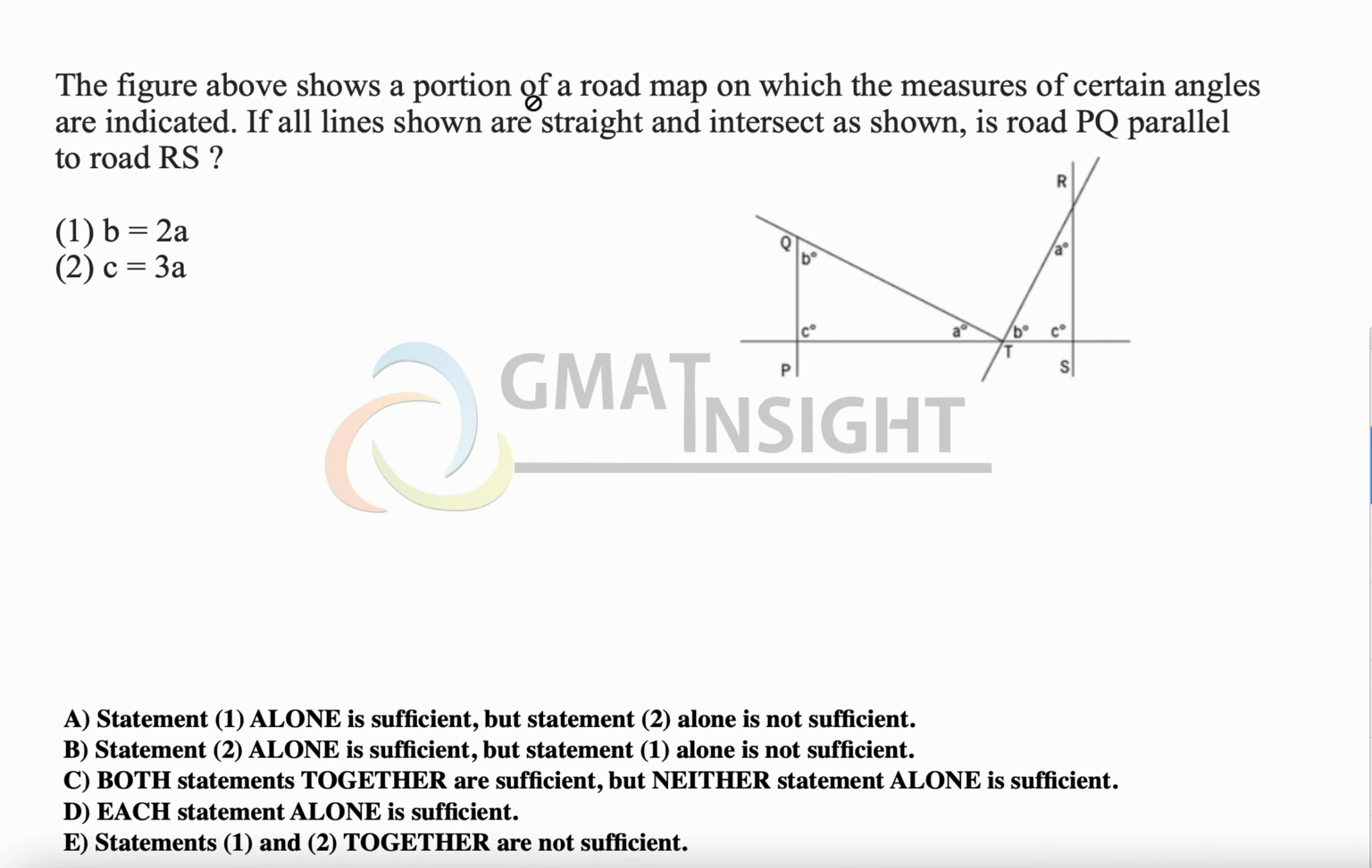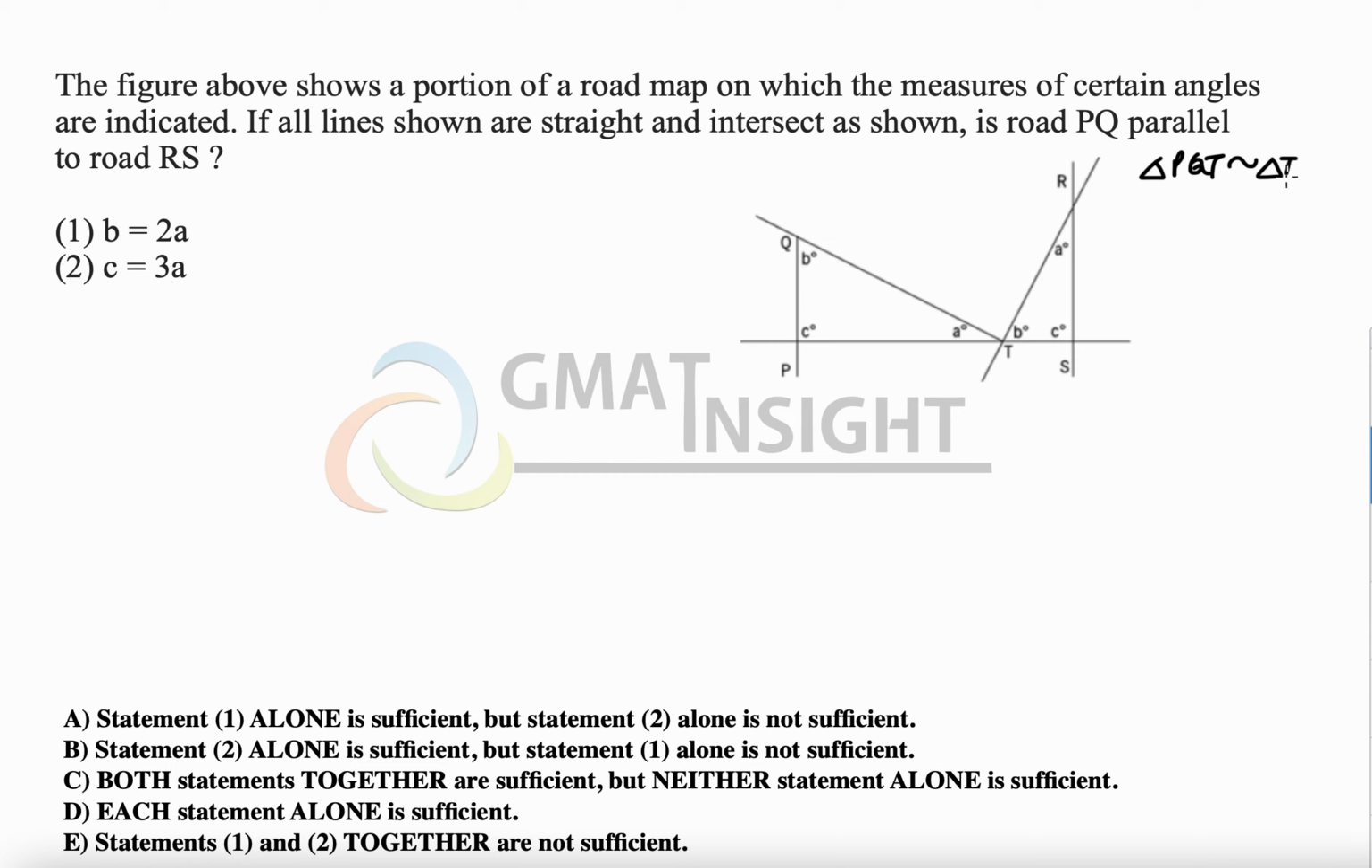Hello, this is an official question, and we will learn to first simplify the question and then answer it properly. Here the question says the figure shows a portion of a road map on which the measures of certain angles are indicated. Here we have angles A, B, C in this triangle, and in this triangle also we have angles A, B, C. That means we can say that triangle PQT is similar to triangle